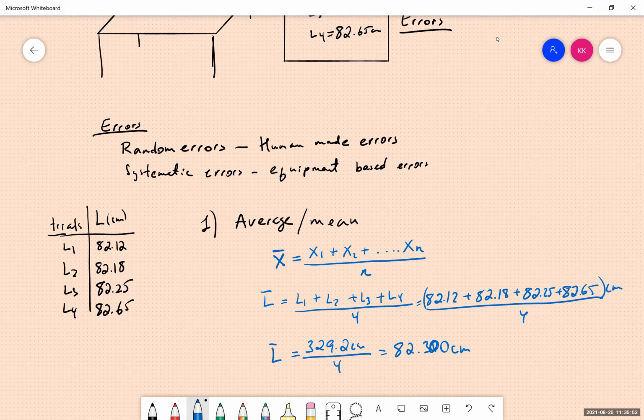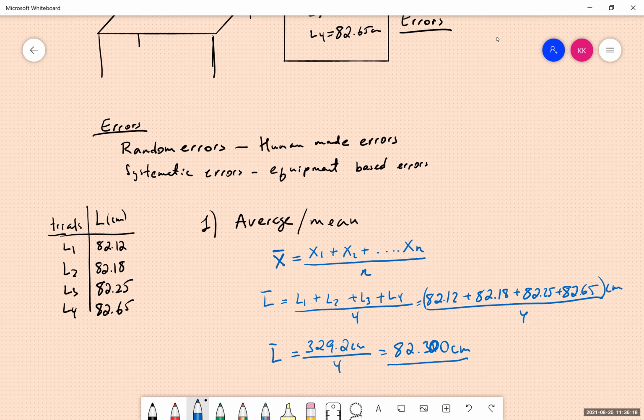But here's the thing, right? This is not a measurement directly. Technically, this number that we just calculated is not a measurement. It's the calculated value from your measurement. So average is not a measurement, but actually it represents the best possible value from your data set. And this is just one number. That means you can come to me and tell me, okay, our best guess for the length is